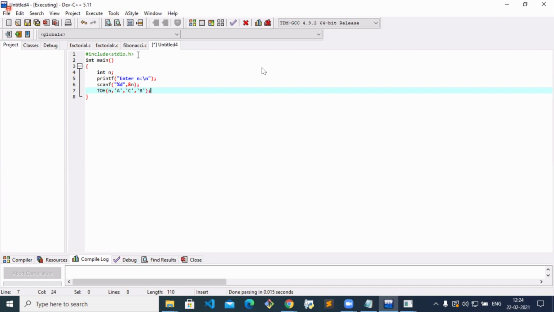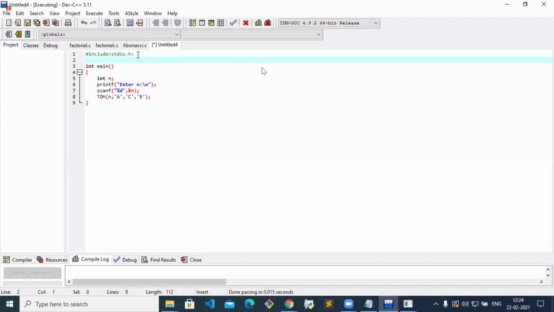So first we'll declare that. Void Towers of Hanoi, what will you pass? First the number of disks, which is an integer. The remaining tower names I have used as character data.